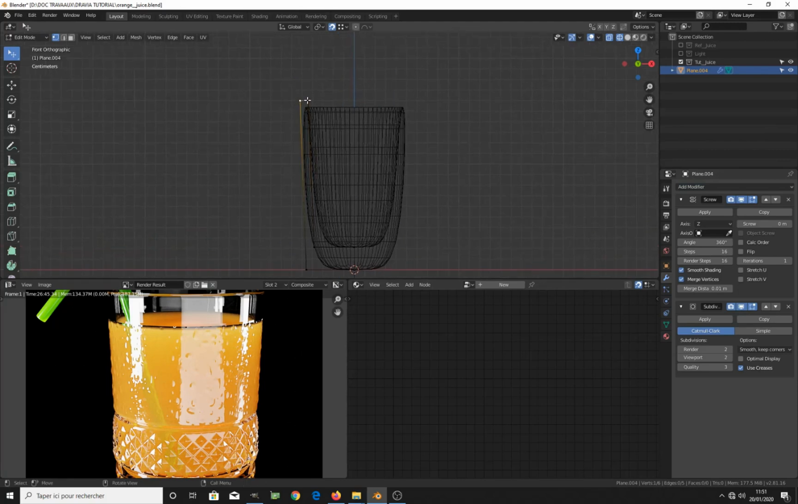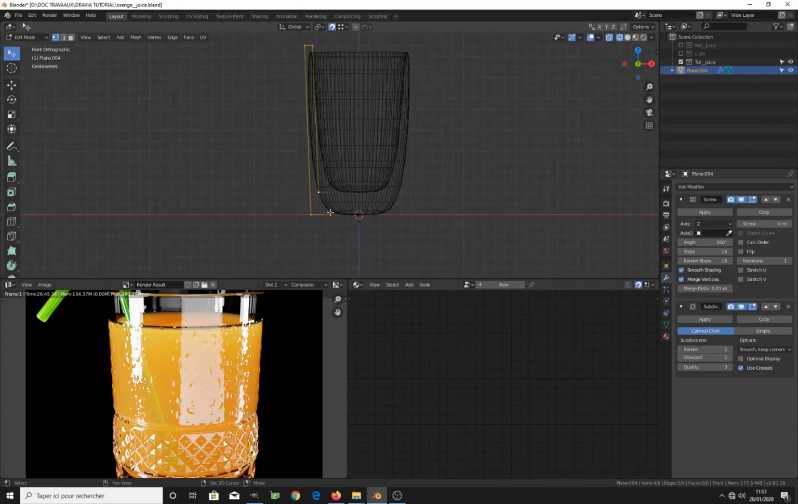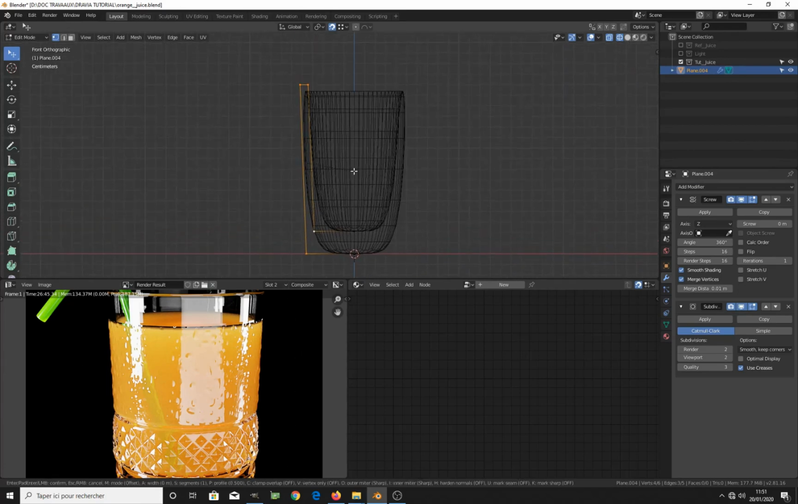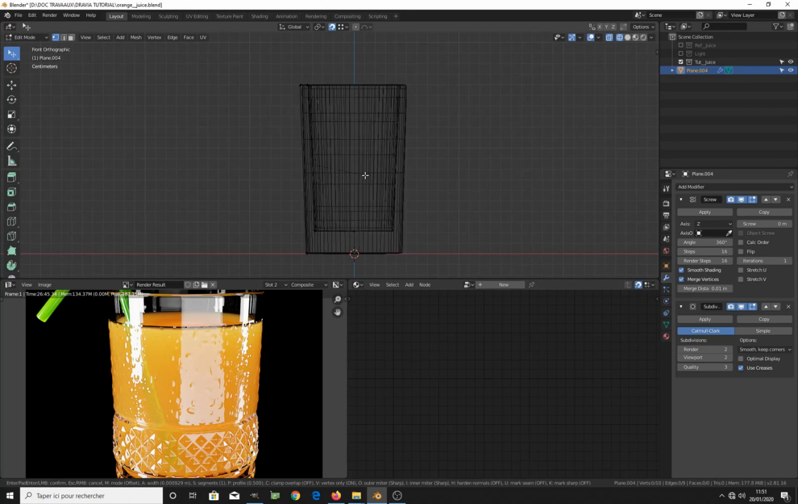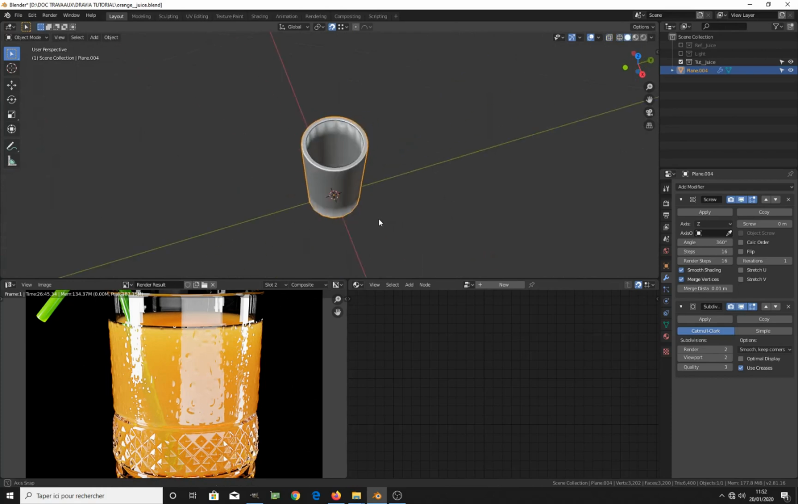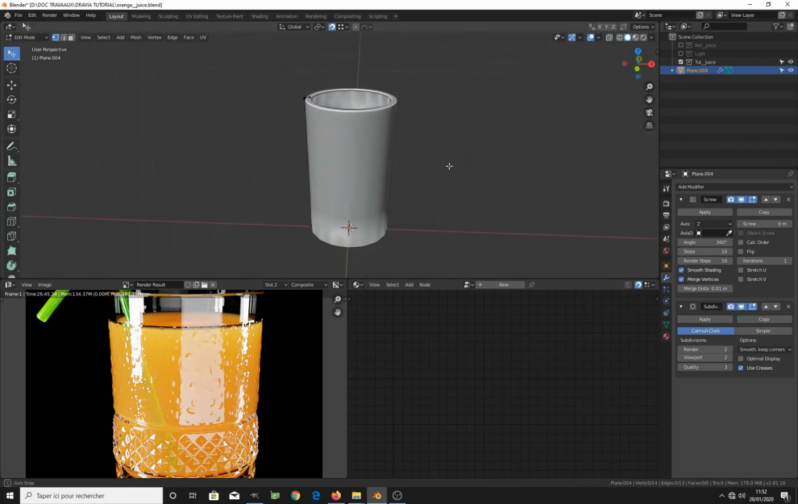Select all the parts here and Ctrl B to make a bevel. Okay, I think it's nice this way. Very nice. Looks like we need to apply the screw modifier, but before that